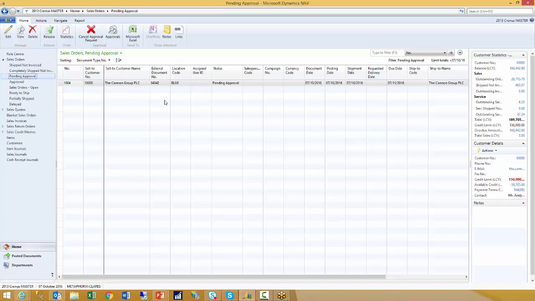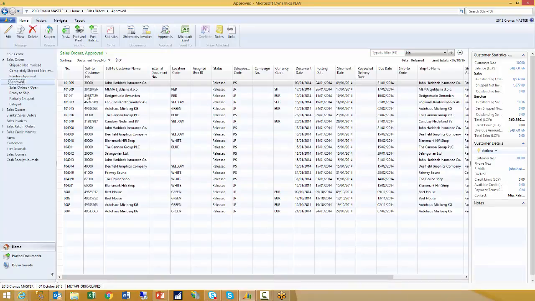At this point, if Claire had made a mistake and didn't mean to send through that approval, she can actually click on the cancel approval request, and that will simply just send a message to myself as the approver to say that I have cancelled that request. And if that would be the case, then the order would be put back onto status of being open. So Claire can always see exactly what's going on as to which orders she's still waiting to be approved. And you'll notice that there is actually an approved list, so these are previous orders that Claire has sent for an approval and that have been